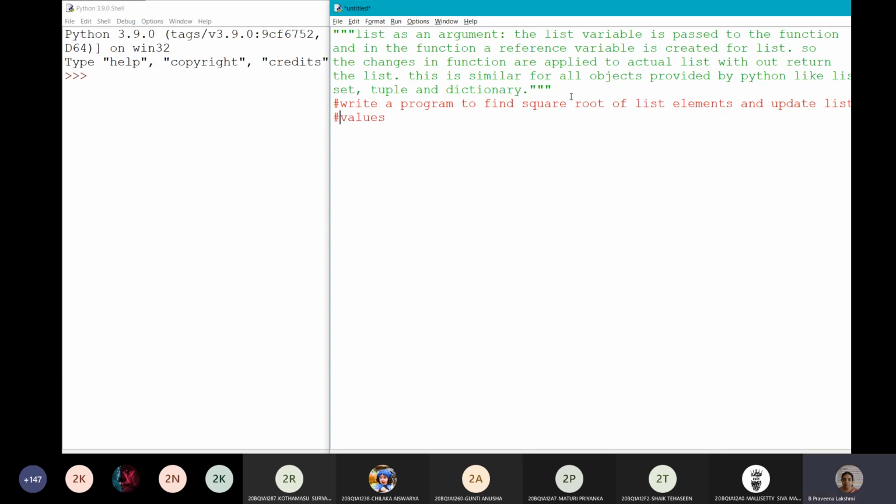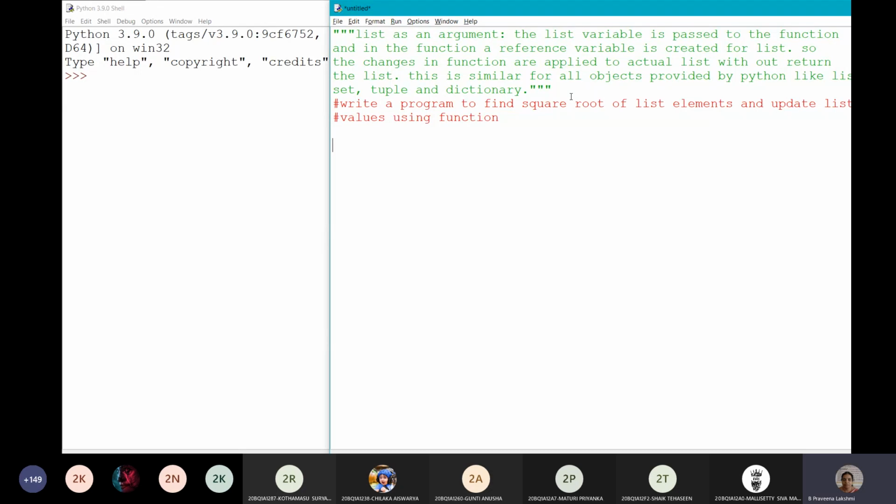We will give some list of values to the function, and within the function it has to find the square root of the values, and the same values are to be updated within the list. So after calling the function, it has to show all the square roots of the values in the list.